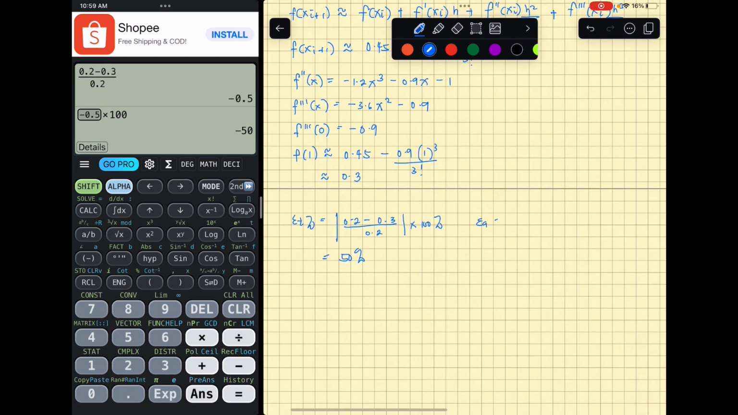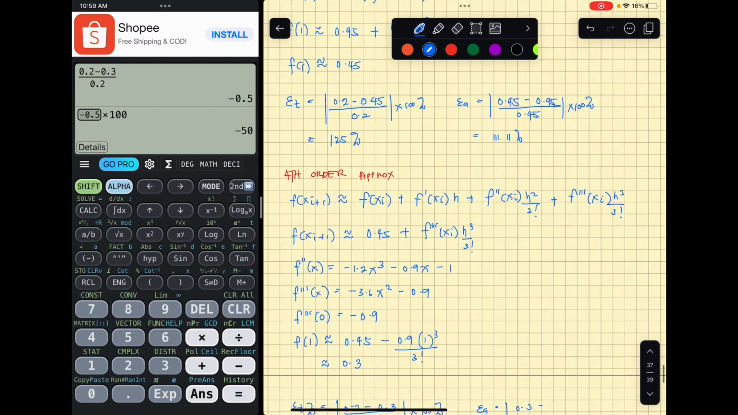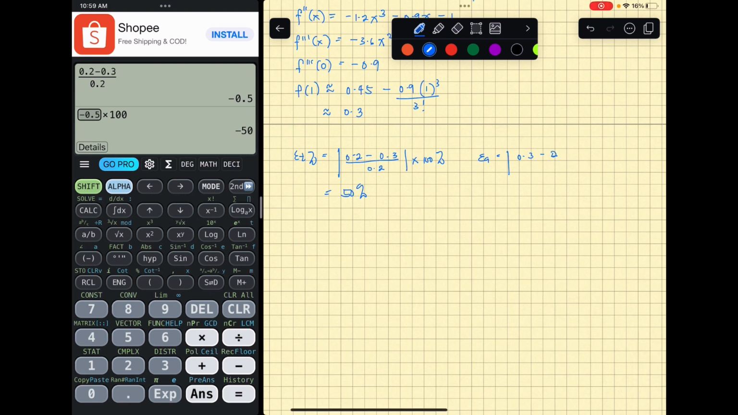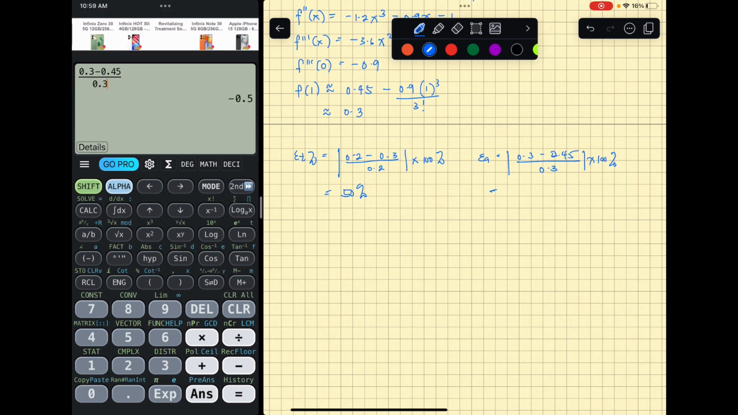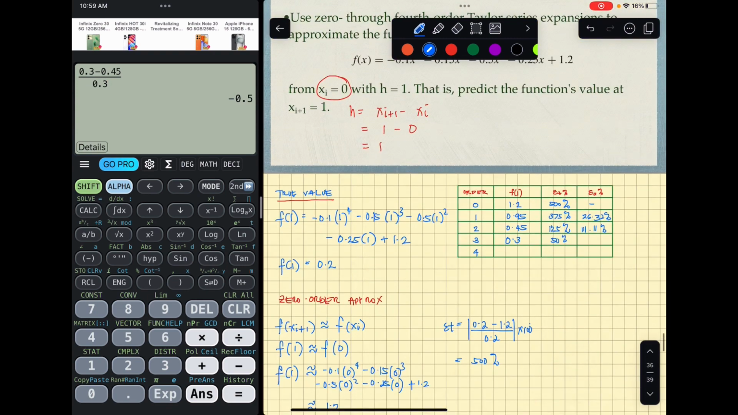Then the approximate error: 0.3 minus the previous, which is 0.45, divided by 0.3. So 0.3 minus 0.45 divided by 0.3. So it's the same, 50%. And lastly, for the fourth order,